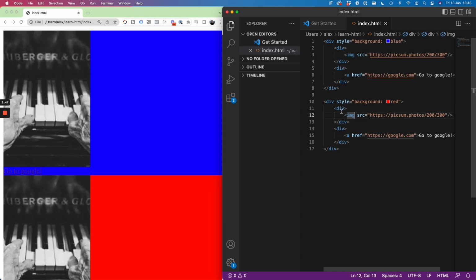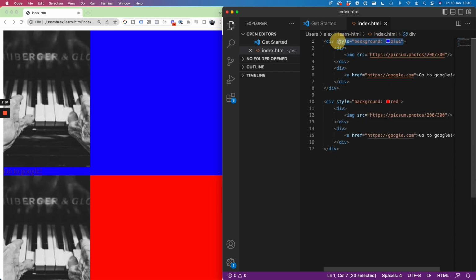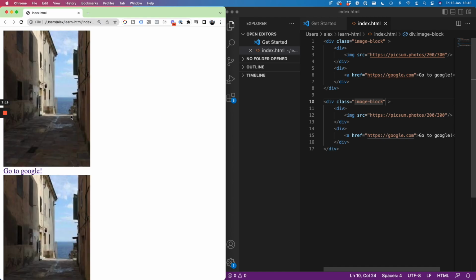Traditionally speaking though, or in modern web development, you wouldn't use the inline style, or you'd try to limit use of it as much as possible. You would instead use the class attribute. So class equals, and let's give it a class of image block, and let's give this one a class of image block 2. We'll save that, and as we can see, that's done nothing at the moment, but I'm just